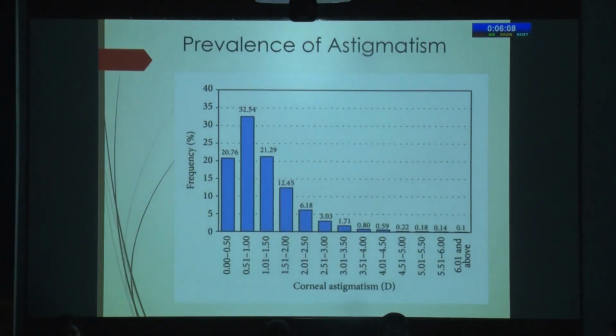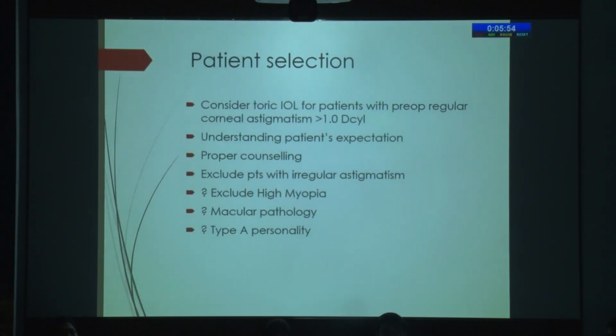And also in this Chinese study of a large volume of patients, almost 40%, or 48% of the patients, again had astigmatism of more than 1 diopter. So these are the patients who could have been offered toric IOL. So if we select the patient, we obviously have to choose any patient with corneal astigmatism over 1 diopter